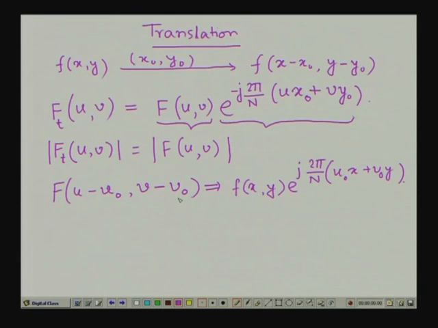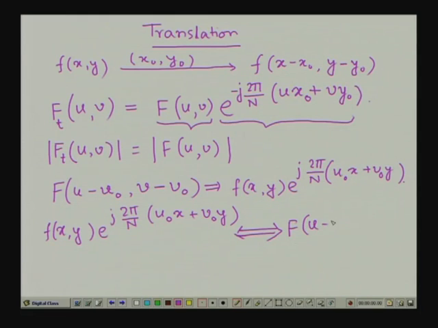So, under this translation property, now the DFT pair becomes: if we have f(x,y) e to the power j 2 pi by capital N (u naught x plus v naught y), the corresponding Fourier transformation of this is F(u minus u naught, v minus v naught), and